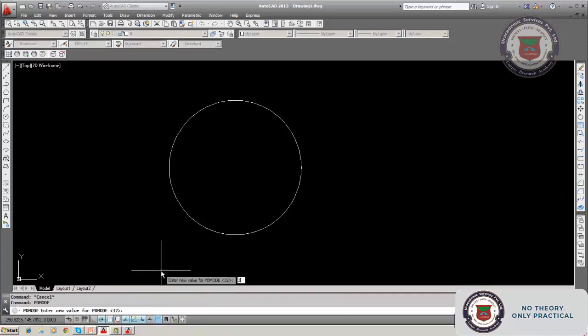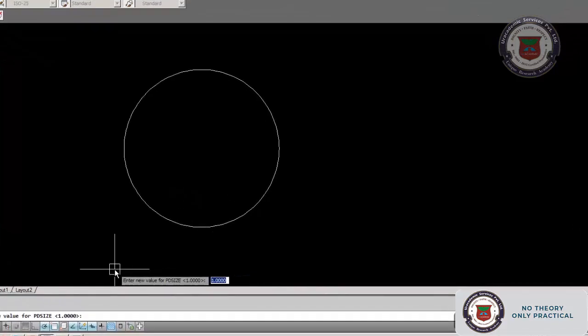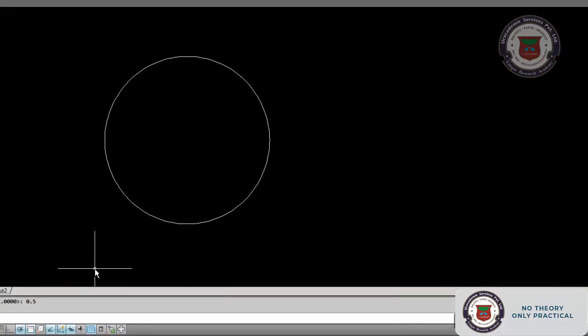PD size, let it be as it is, because it won't take 1. Let me see whether it takes a point. Yes, it takes the point also. So 0.5 is the size. Now PD mode is set to 2, that is plus, and PD size is set to 0.5.